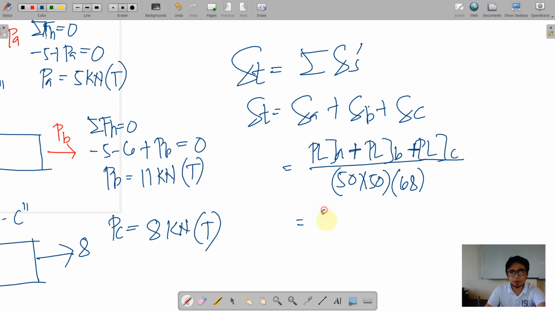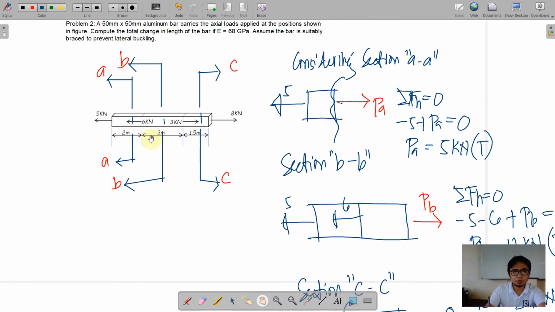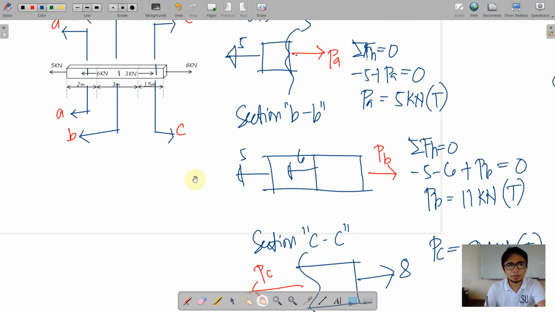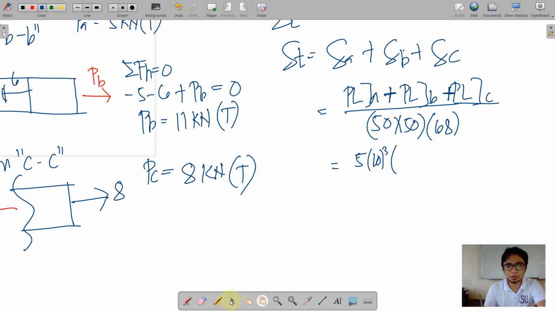So for PA we have 5 and a corresponding length of 2 meters. So we write that to be equal to 2000 plus, by the way, 5 here is to be multiplied by 1000 to make it in Newton, and then the length 2000, or 2 meters, shall be written as 2000 millimeters